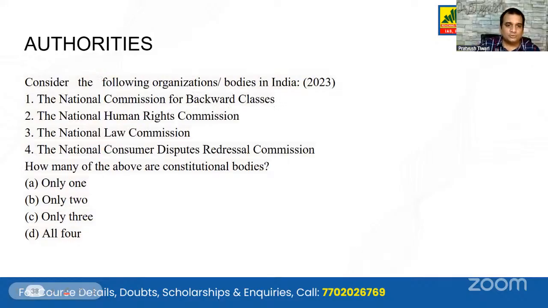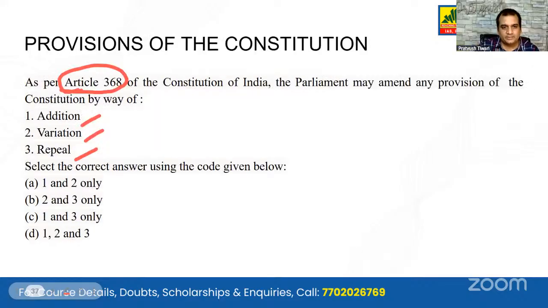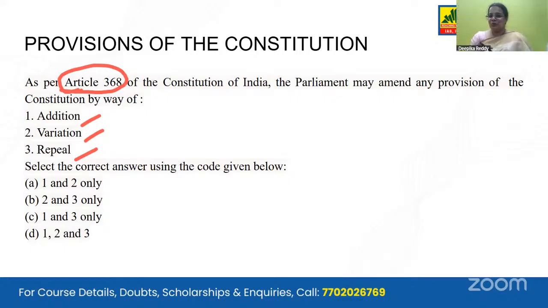Ma'am, a small question from an experience perspective. Is it required to go through all the articles, and is it possible to remember all the articles? We don't have to go through all the 395 articles. To be more specific, 448 articles. No. Having said this, as you keep reading, as you keep revising, if I ask any of you where it is written that untouchability is abolished, even without a single thought, you will say Article 17. So the key is revision.